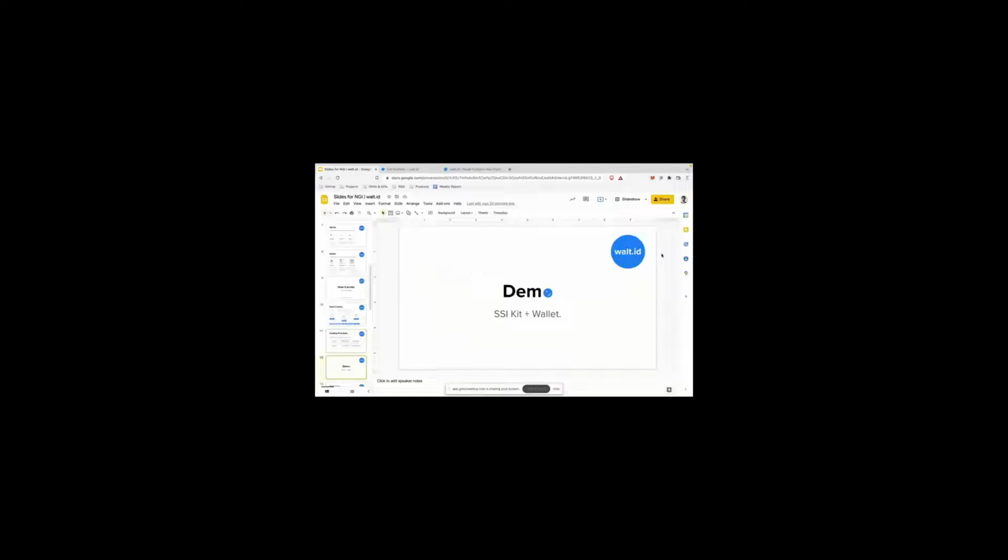And so onto the demo, what I will be showing you today. Here's the 2 layers that we took. It's a graphic that we typically show before making the demo, just so you know what we're actually showing you. In the background, there's the SSI Kit with the signatory, custodian, and auditor components.